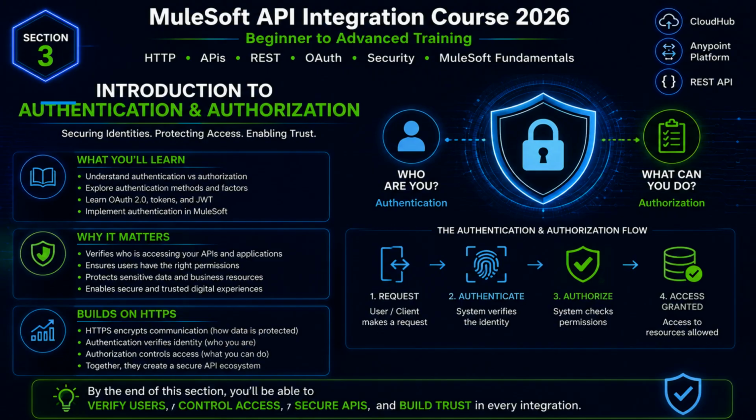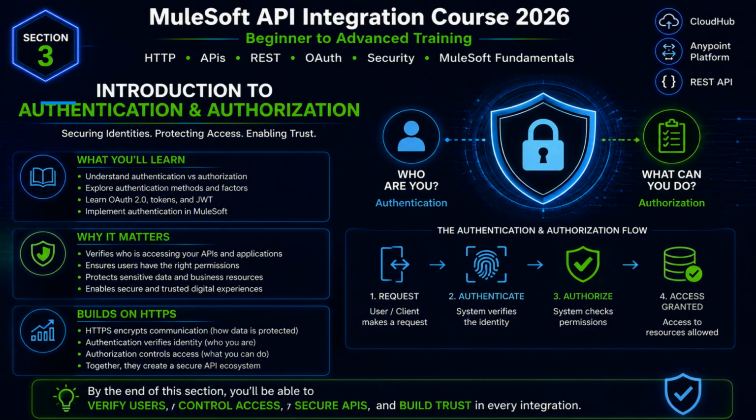The center shield represents protecting identities and controlling access. Authentication answers, "Who are you?" while authorization answers, "What are you allowed to do?" The flow diagram shows the process from request to authentication, authorization, and secure access. The left panel highlights what you'll learn, why these concepts matter, and how they build on HTTPS. By the end of this section, you'll understand OAuth 2.0, JWT, API keys, and how MuleSoft secures modern APIs and